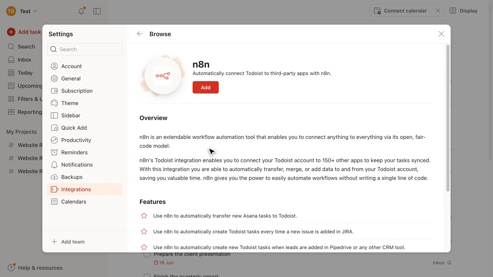That's the whole setup. Connect it once, and your simple to-do list quietly turns into the control center for everything